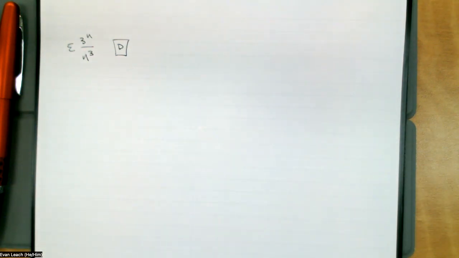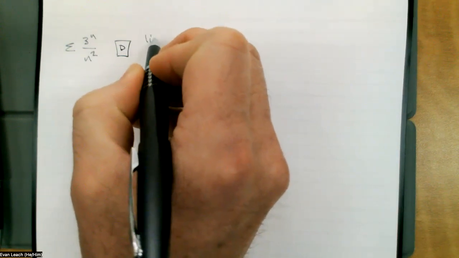As soon as I wrote 3 to the n on top, you knew I was probably going to write an n squared on the bottom. If we flip things around, that's just going to flip the limit from the ratio test. So if we put the exponential on top and the polynomial in the bottom, diverges. We know that the limit from the ratio test